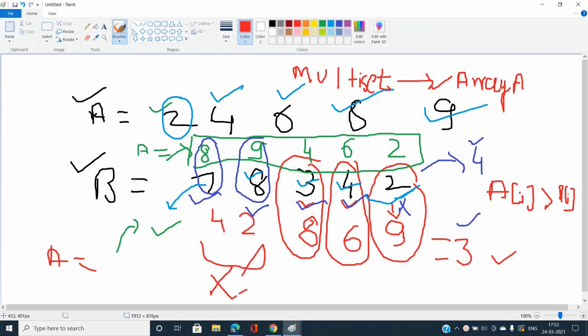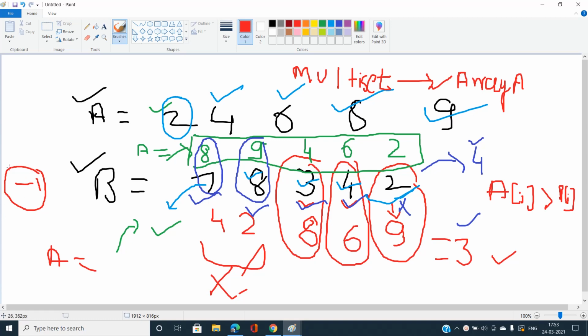And if it doesn't exist, just leave it for now. After doing this for all the elements of the array B, there might exist some element which is not yet assigned. I am going to denote it by -1 in my code. So if some elements remain in the multiset still, just assign the elements finally in any order, because it will not benefit us in the count, that is the advantage, the count of A[i] greater than B[i].